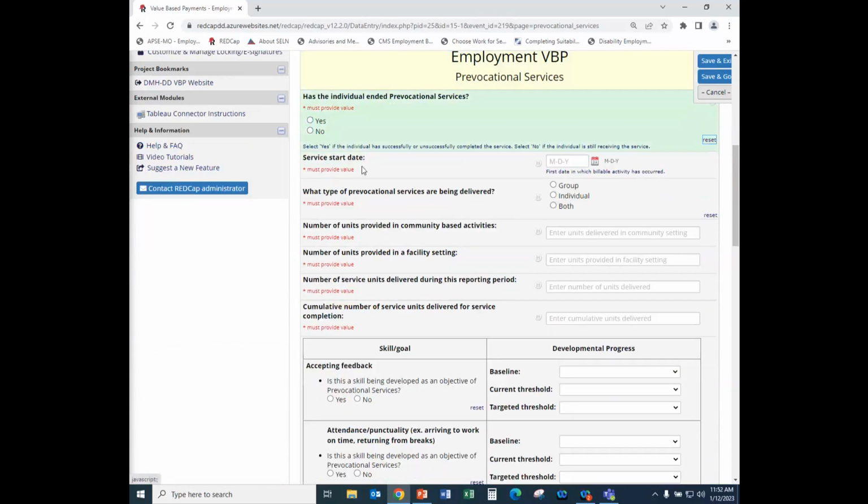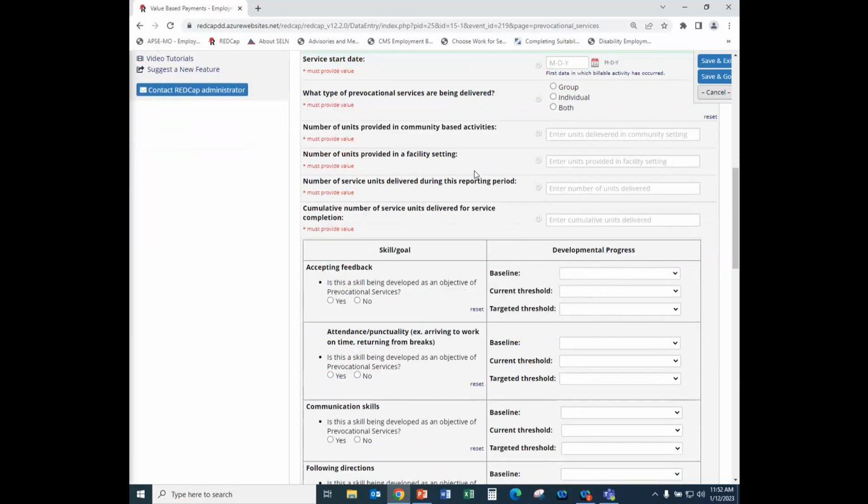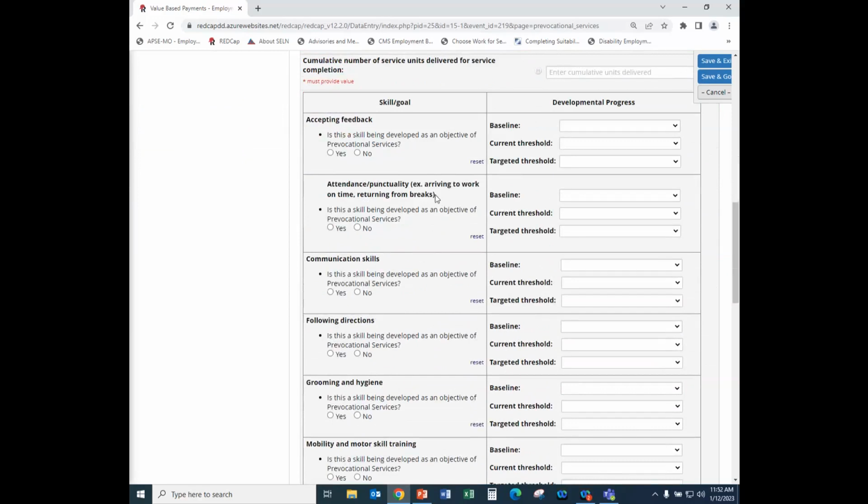So if I go back and reset that and say they've not ended the service, you'll see that that end date no longer appears. So again, series of questions, but I want to take a little bit more time in reviewing here. Is not all the possible answers that could pop up. But what I do want to point out is for pre-vocational is where you'll begin to see this type of